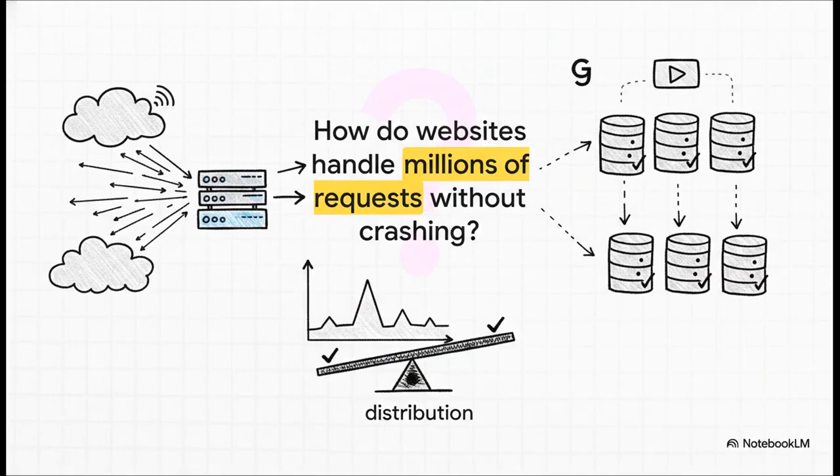So have you ever really stopped to think about it? How in the world do giants like Google or Netflix handle millions, literally millions of people all at once without just crashing and burning? It's definitely not one single giant supercomputer hiding in a basement somewhere. Nope. The secret is all about spreading the love, intelligently distributing that massive workload. And that, right there, is the core problem that load balancing was born to solve.